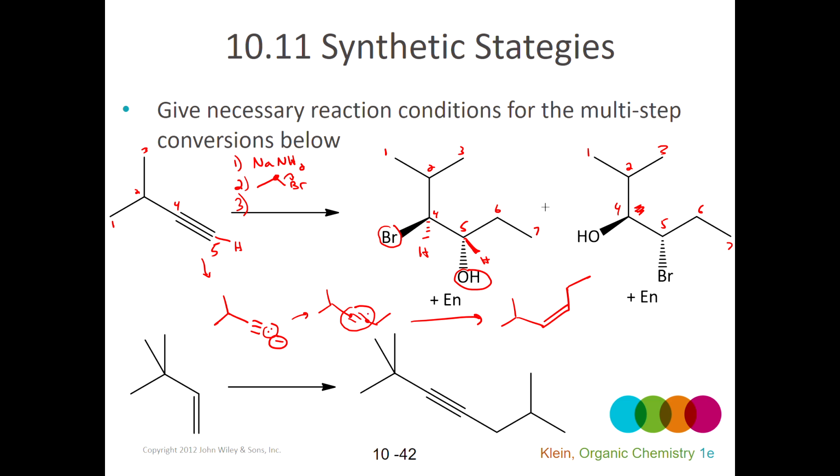So how do I convert this alkyne into this alkene so that the bromine and hydroxyl group can add across there in an anti fashion? Well, I need the cis. I need to make the alkyne into the cis alkene,